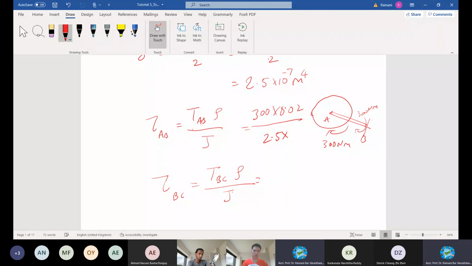Now other gentlemen have to give the answer. No volunteers. I'd better call a name. I don't know whether you are there or not. See, you have to practice; we are only solving very simple questions. Nawal Ismail, what is your answer here? 2.5 times 10 to the power 7, right?